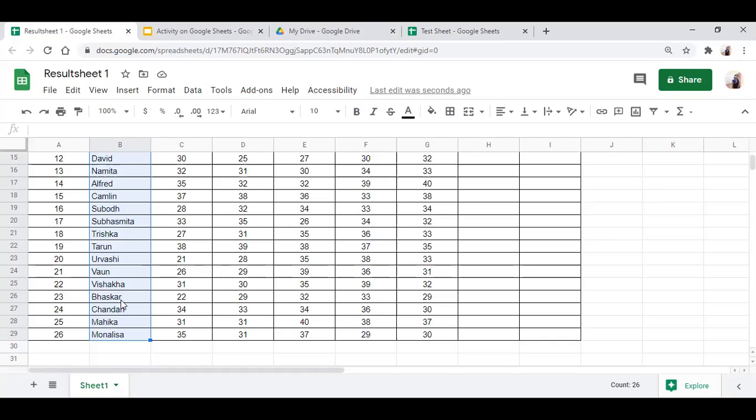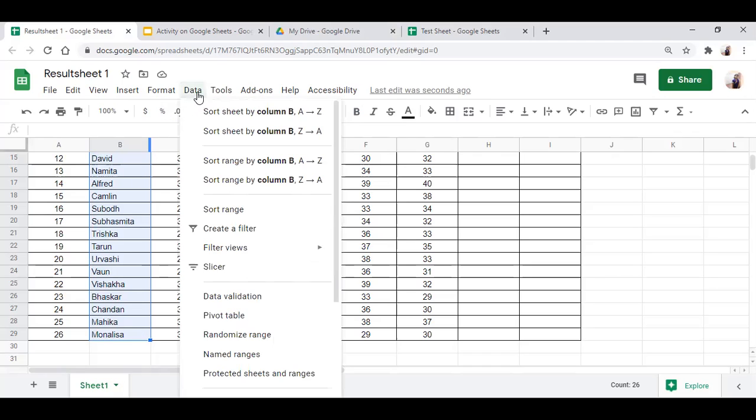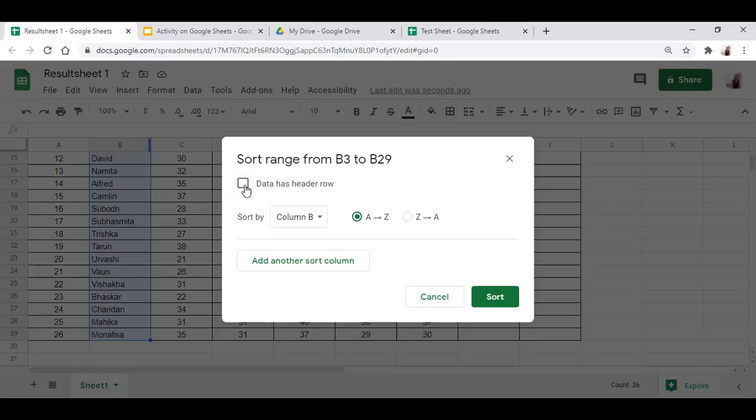So I have selected this column and let me go to data. Then sort range, then data has a header row. Click this, because if you do not select this, suppose in the header row it is written name, so this name will be coming under the actual names of the students. That is the reason you have to select it. So it means it will not be included. Then the students' names will be taken for consideration. The column B, the whole thing we are taking A to Z, because we are